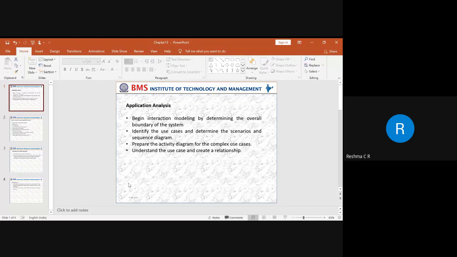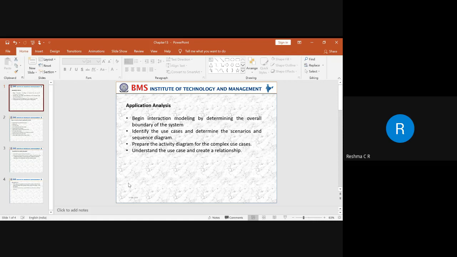What is the benefit of using this activity diagram? The activity diagram will indicate the flow of a system, how the system is going to work. What is the initial state? What are the different actions that are being taken with respect to that particular system? And when it is going to end, with respect to the final state. The entire flow of the problem statement can be determined through the activity diagram, even though the system is a complex system.